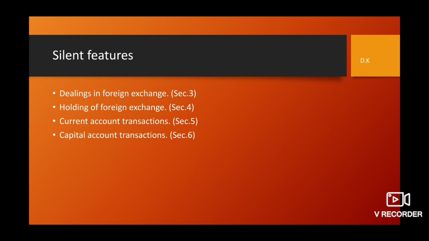This act also prohibits the establishment in India of a branch, office or other place of business by a person resident outside India. The Reserve Bank may by regulation prohibit, restrict or regulate the establishment in India of a branch, office or other place of business by a person resident outside India for carrying on any activity relating to such branch, office or other place of business. So this is about section 6.